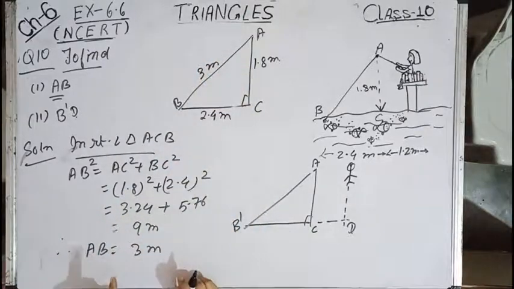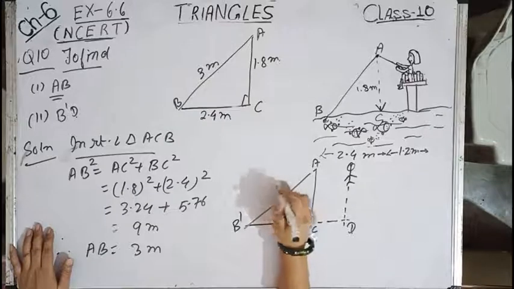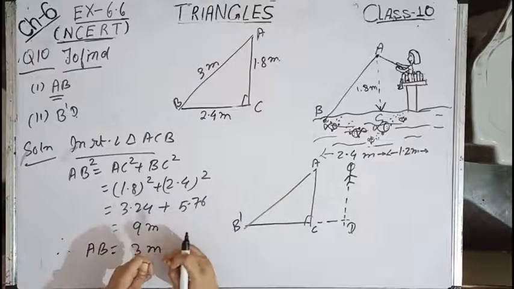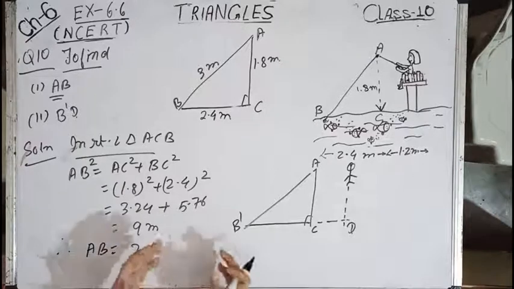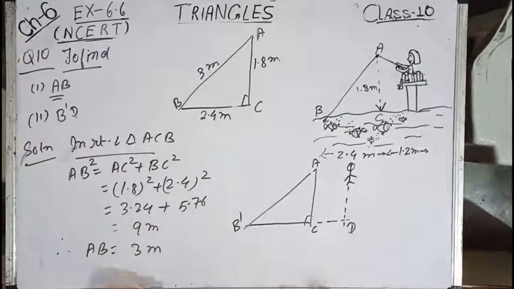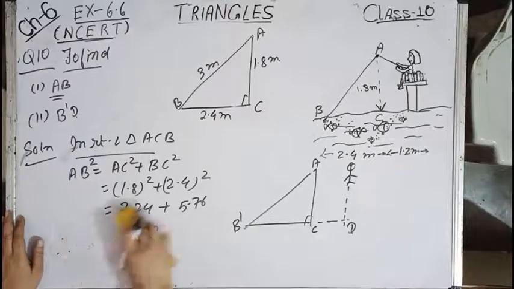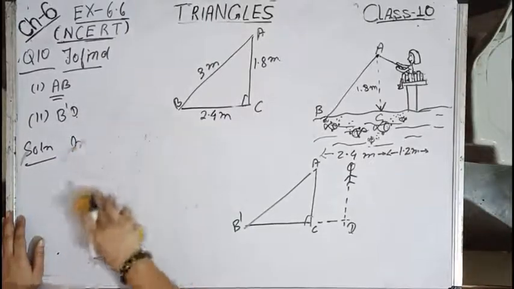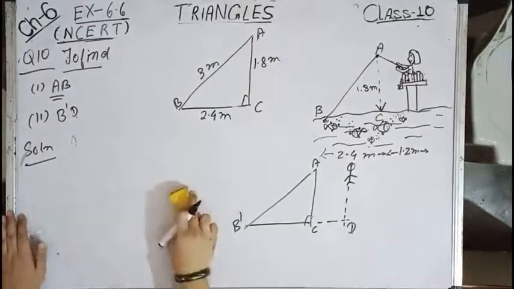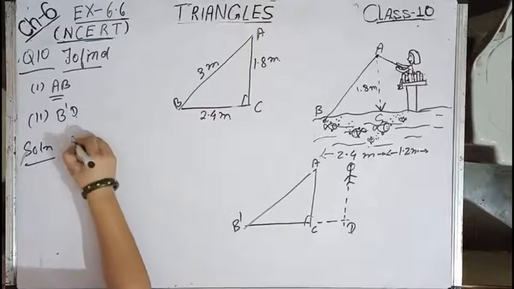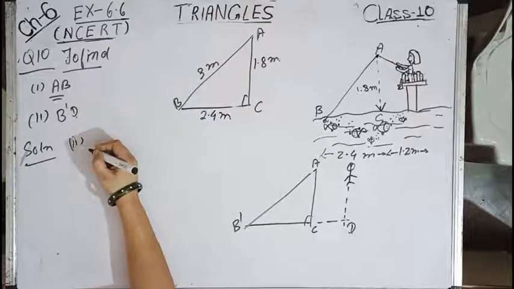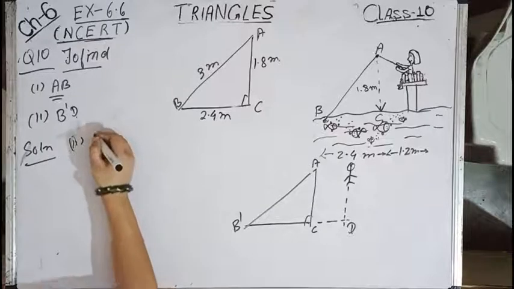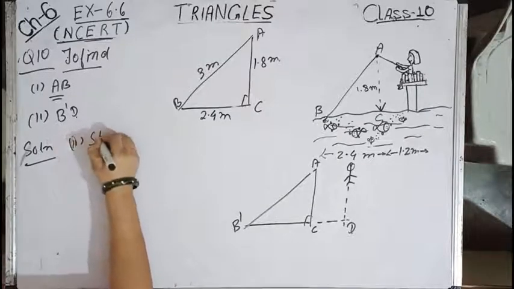Okay. Now this is condition 1. Now in condition 2, she is pulling in the string. So the length of the string will become lesser, and then we have to find the horizontal distance. So let us consider that case. Number 2. The question is saying that if she pulls in the string at the rate of 5 centimeter per second.